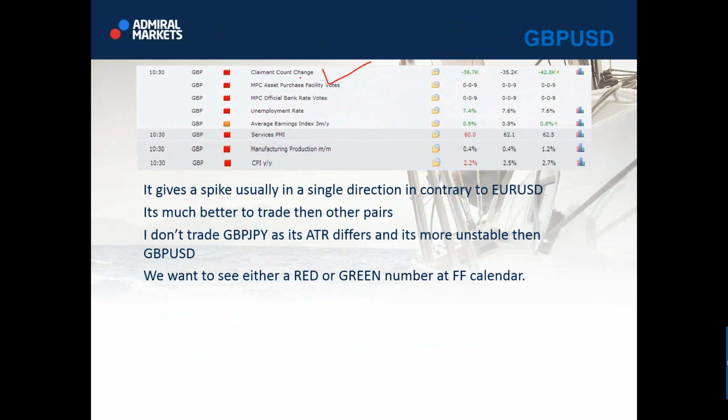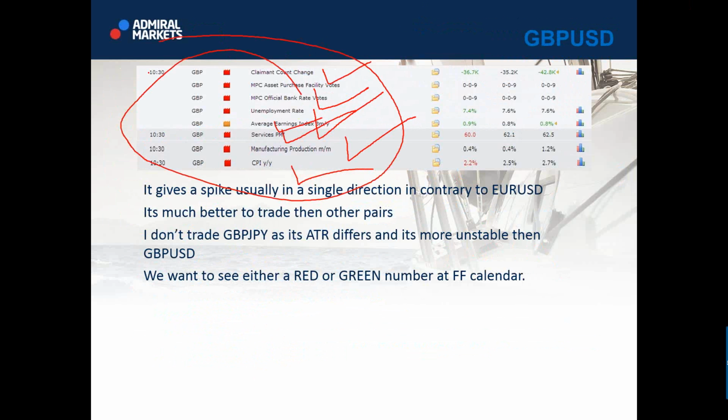So claimant count change, these votes, unemployment rate, average earnings, service PMI, manufacturing production, CPI. All of this can be traded by GBP. I love to trade GBP because it gives a spike in a single direction in contrary to euro dollar. So usually, guys, you will notice that GBP news actually have a spike in a single direction, and you will also notice that GBP is basically not